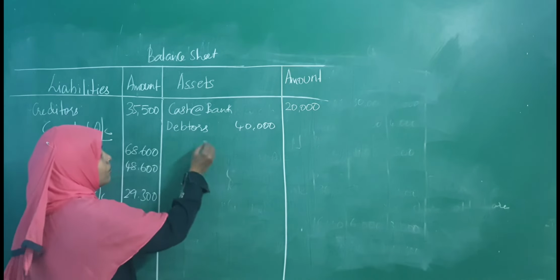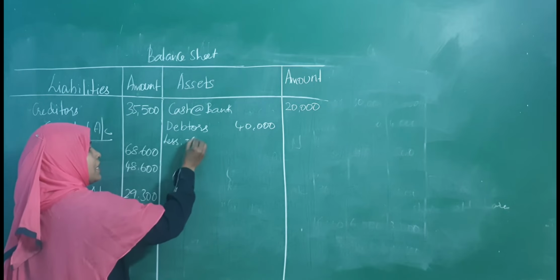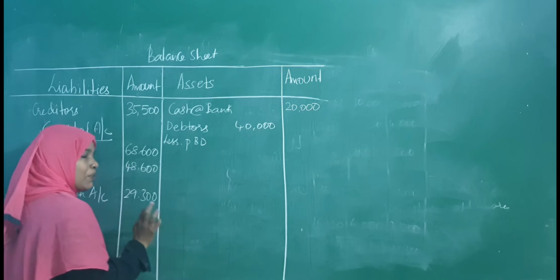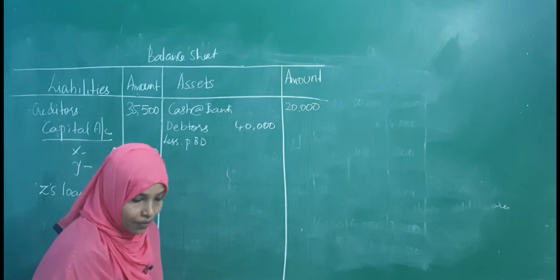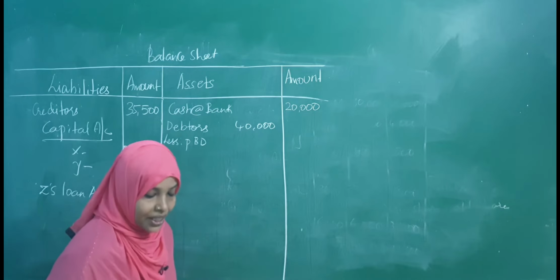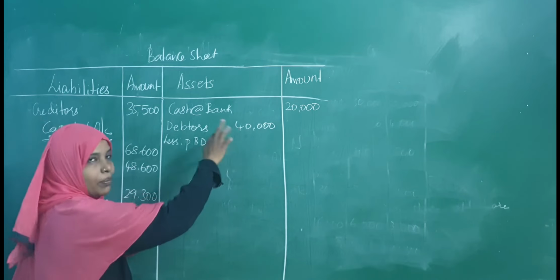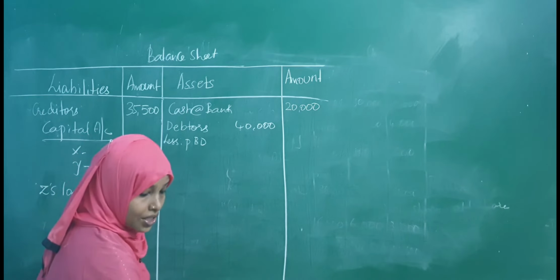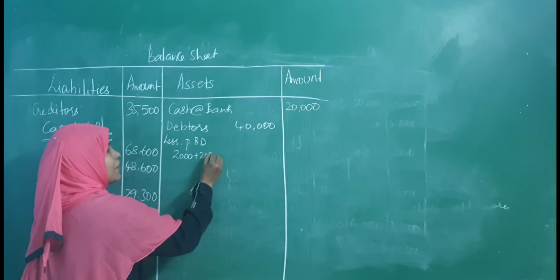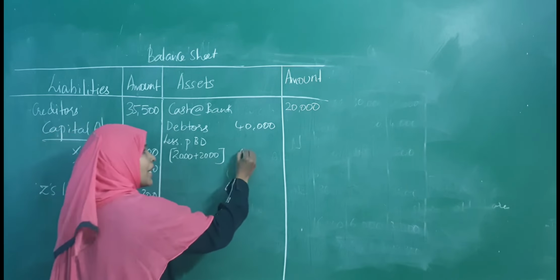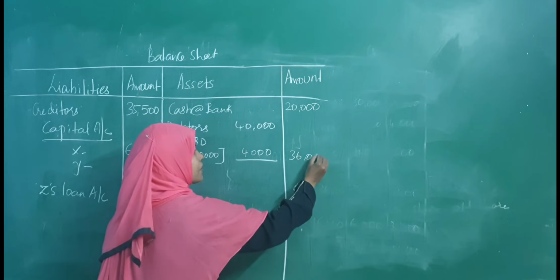Now see, the concept of PBD is very important. Less PBD. There are two ways where you can do this PBD. Actually, in the question what they have given, maintain PBD at 10% on debtors. On the 40,000, if you do 10%, it comes to 4,000. That 4,000 you can minus from 40. One more way: in the adjustment what we did, from the 4,000 we minus 2,000, plus this RBD is given in the question. Both if you add also, 4,000 only it comes. 40 minus 4 is 36,000.